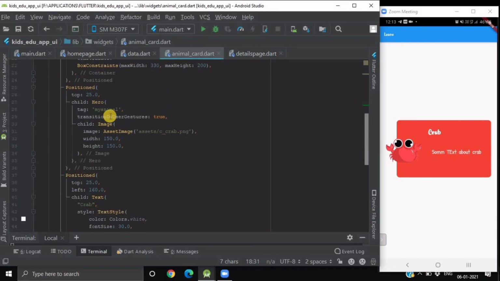So inside our next position, we will be having tag as animal dot name, and in its assets image also we will be passing animal dot icon image, which will be having the path for that particular animal.